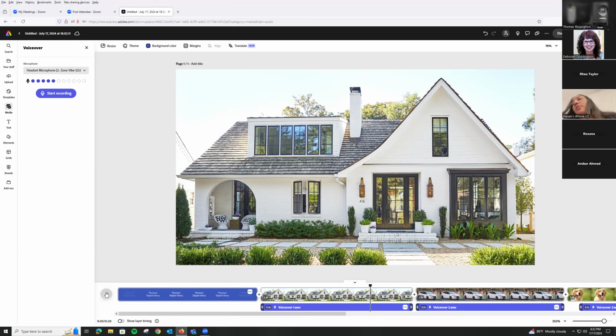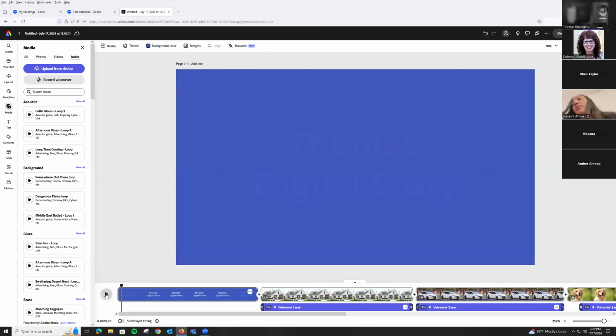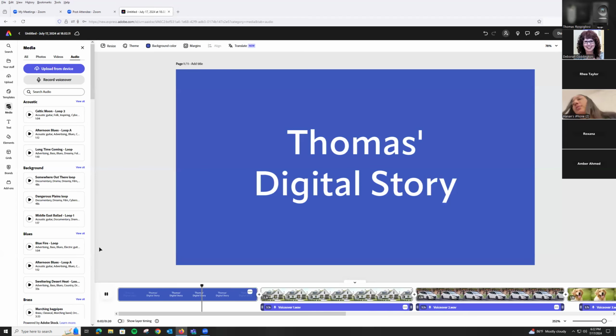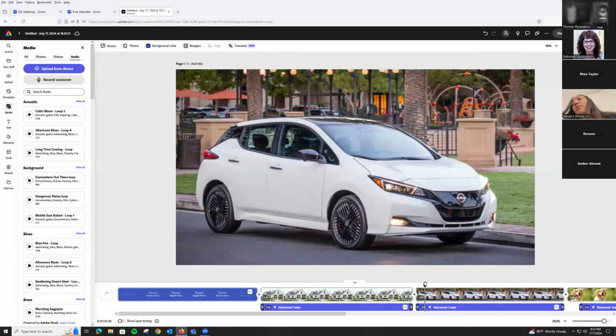Okay, so I'm having a little bit of a problem. Not sure why, but I'm having a little bit of an issue with Adobe Express right now. It's saying I have an audio or a recording issue. Let me X that out, see if that helps too. Let's go back to here. Okay, it's playing through now. Let's see. Hi, this is a picture of a house that I found online. It seems that when it comes here, it's having an issue. I'm not exactly sure why, but